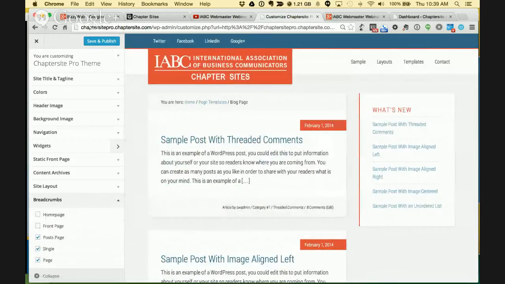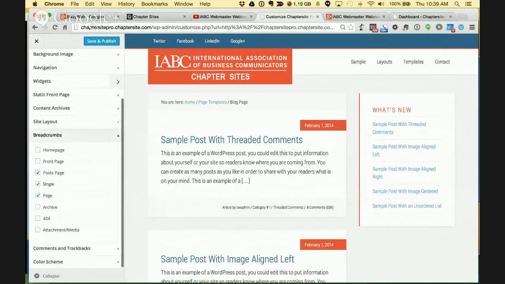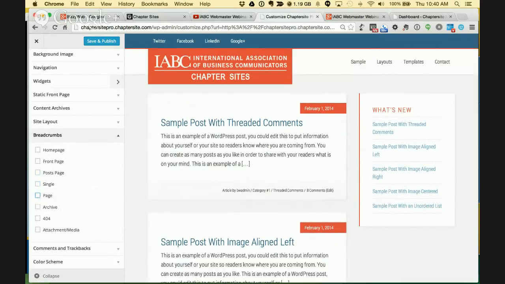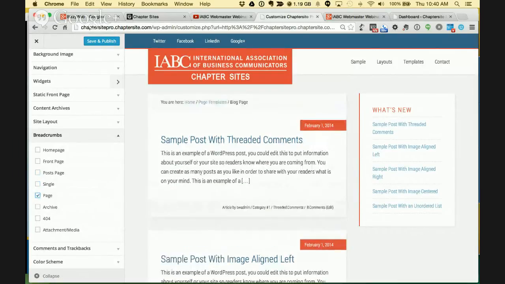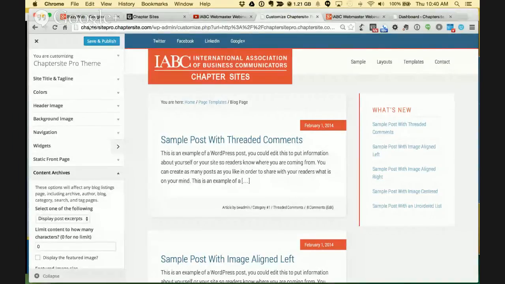So if I wanted to turn that off, I could just unclick these different pages. So if I looked at posts page, if I unclick this, this will go away. Or is it single and then page? Yep, there it goes. So now it's gone. So if I wanted it, this is a page, so it's here, templates blog page, but then single pages and post pages would also apply. And then content archives, what's included,